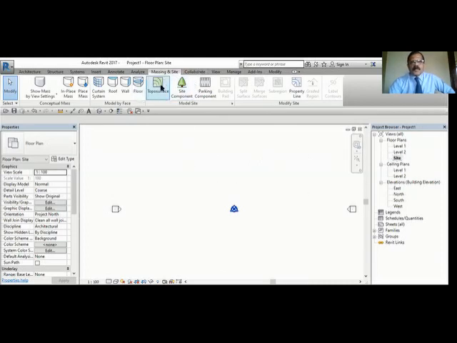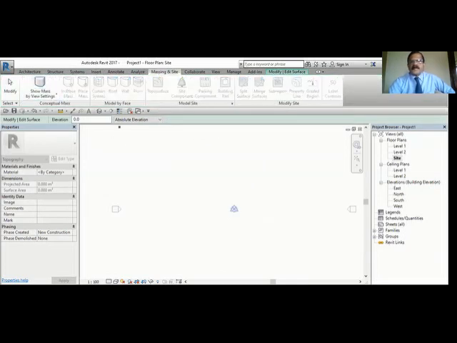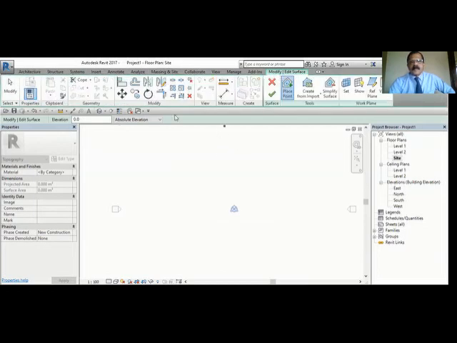Now we will go to topo surface, from massing. There are different methods by which you can draw these contours or the topo surface. One is by place point. That means you show different points and you create the topo surface.